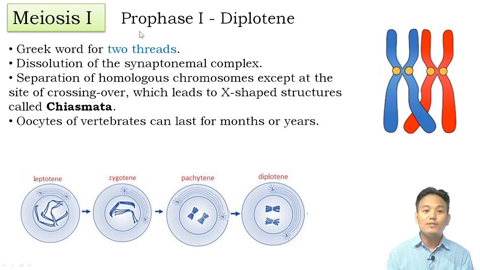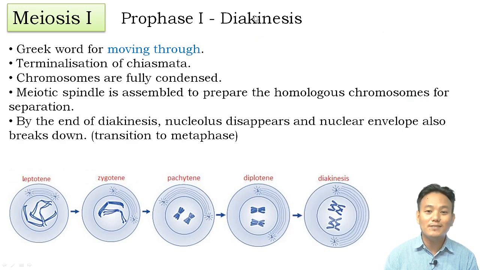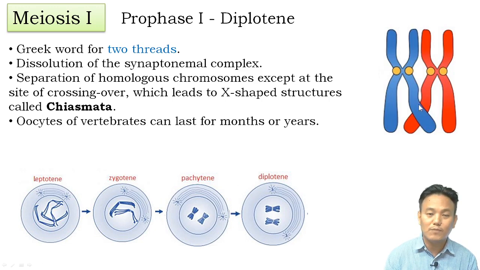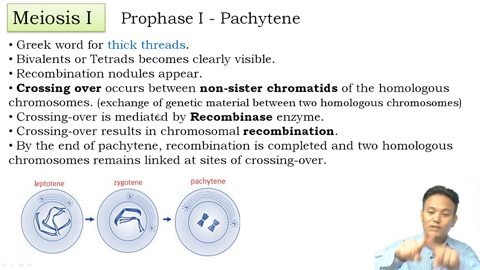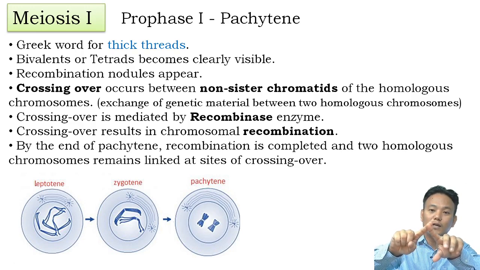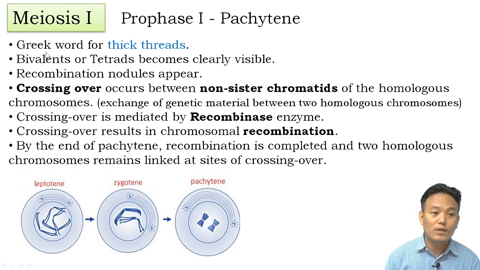Okay, so this is Diplotene. Now the final phase of Prophase I is Diakinesis, the fifth and the last phase. Diakinesis is a Greek word for moving through something. In Diakinesis, the chiasmata that form the X shape terminalize, meaning they will come to the end point of the chromosome, the telomere. This is terminalization